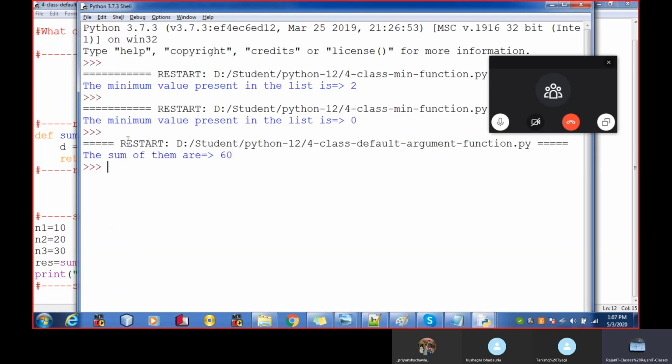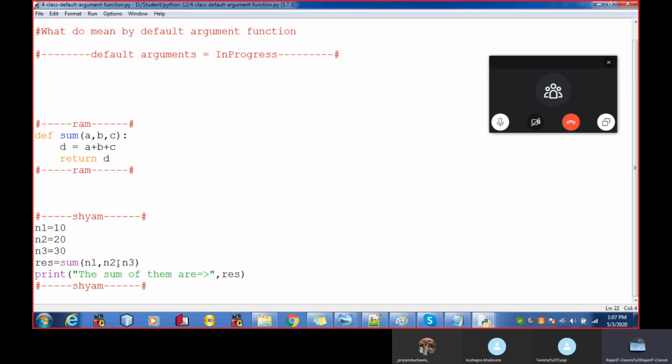So I'm getting the expected result, that is 60. Now I'm going to do some tweaks, some amendments inside it. See, will my program run now? I have removed the n2 while calling the function.